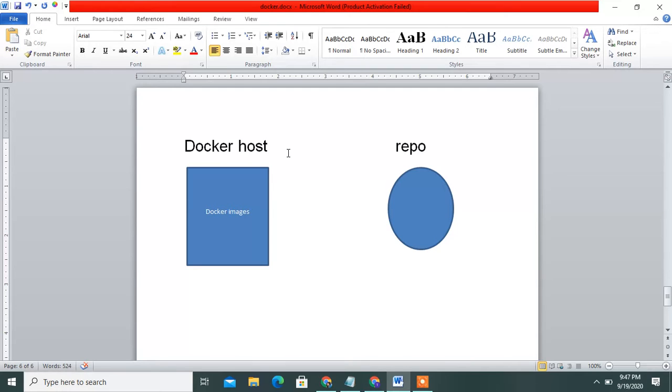For example, you can create an image today. If any server issue or crash happens and your system crashes, you will totally lose the images. That is why they are stored in some place, which is mainly used in Docker.